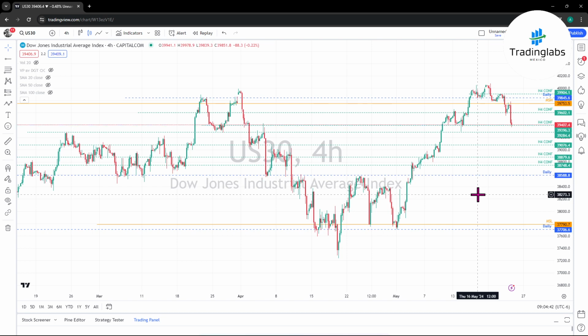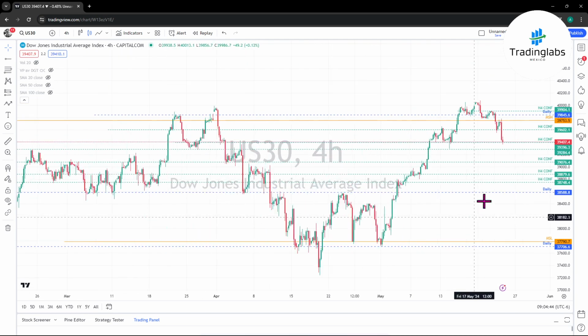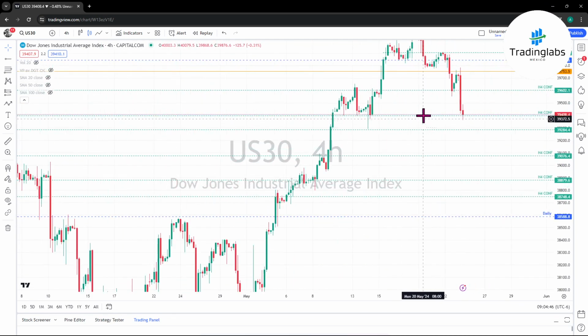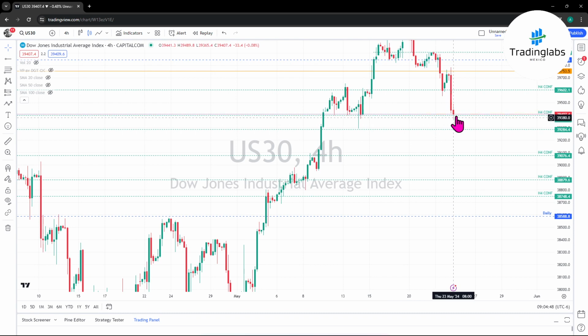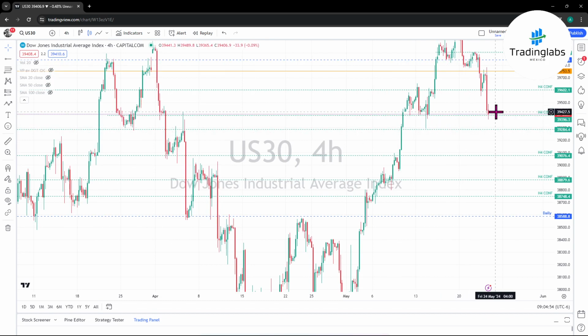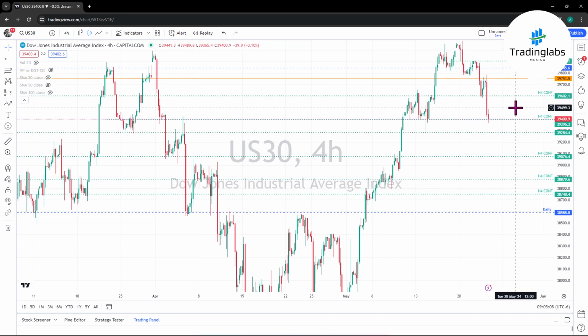What I'm trying to say is, here is the support. I'm going to place a long. Is this a good place to place a long? I'm asking you. We need to wait for confirmation on the 5 minute or 1 minute chart, correct? You have to see in the market that the price reaches